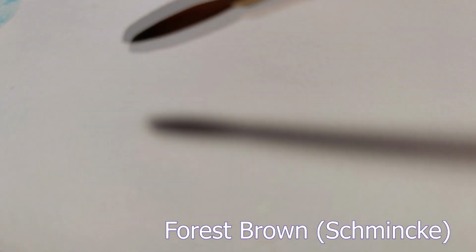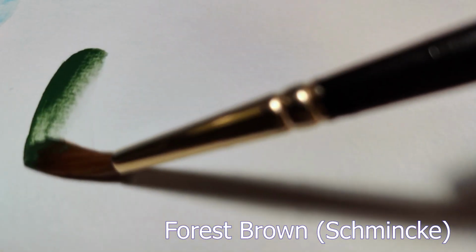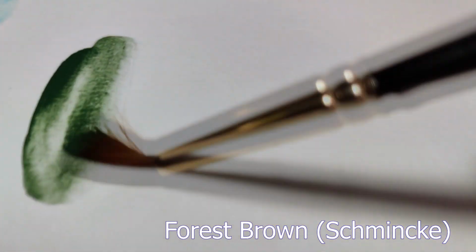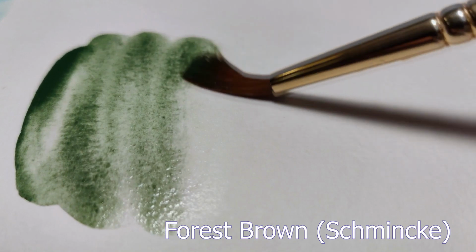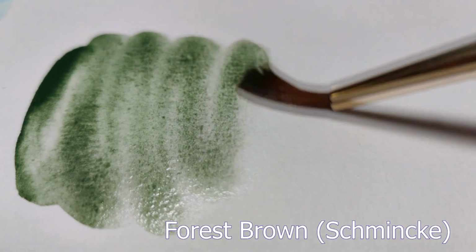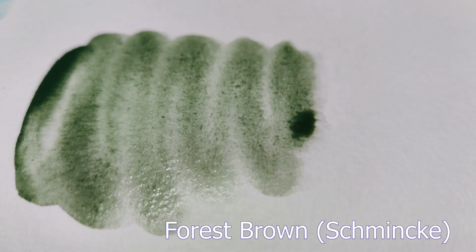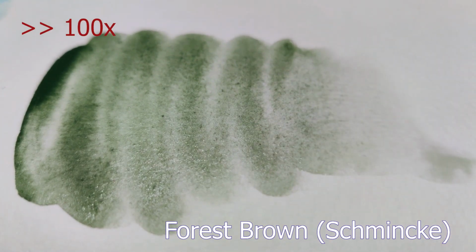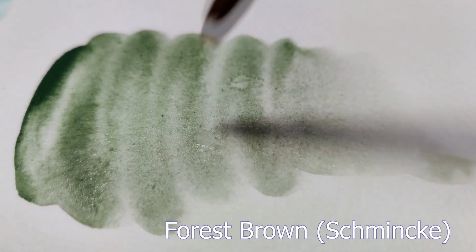Next up is the Forest Brown by Schmincke. Now this is actually one of their super granulating paints. As the name forest implies, it is part of those 5 colors that they actually geared towards painting forestry and landscapes. Now it is called Forest Brown, but as you can see on screen, it is quite greenish, and it's